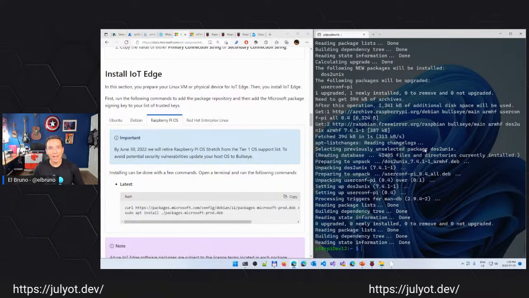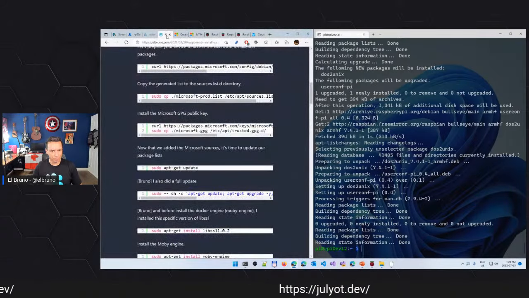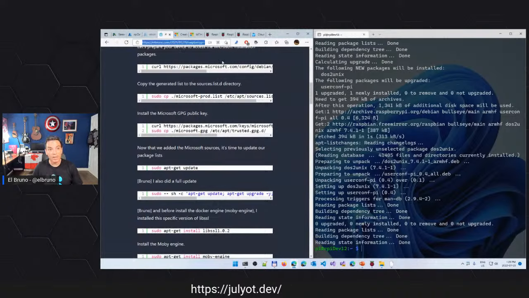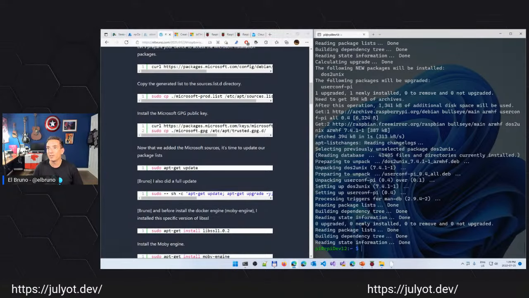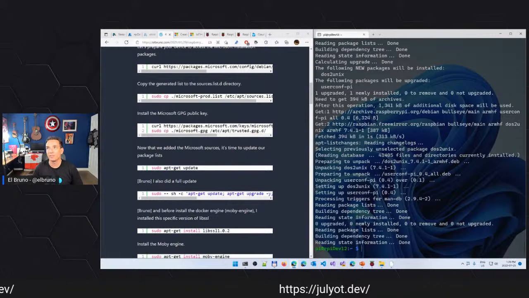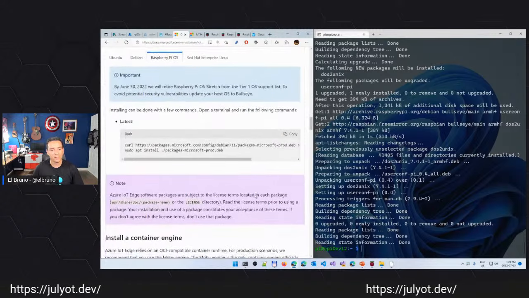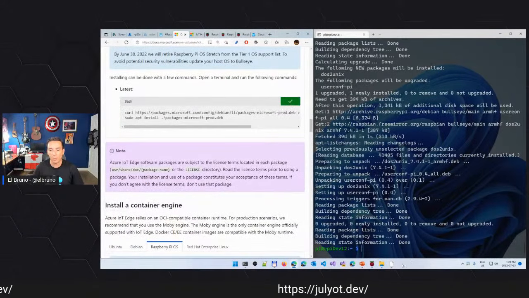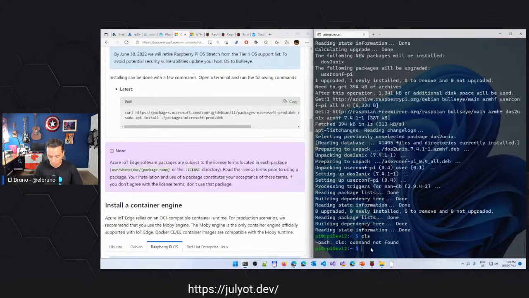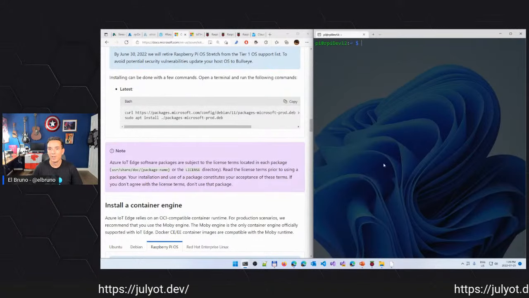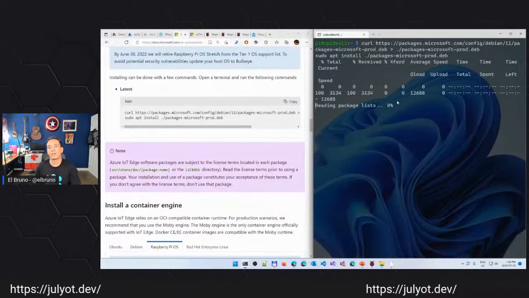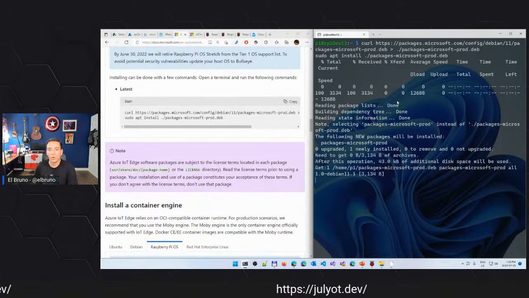Okay, so my Raspberry Pi is updated. Let me also share here. I will ask Alexia if she can share this link in all of the channels. This is my custom version of the step-by-step. So once I have this, and this is the boring part, I copy a command, go here, CLS, oh no, this is Windows, this is Linux. Clear, paste the command, and run the command. As I said, it's going to download